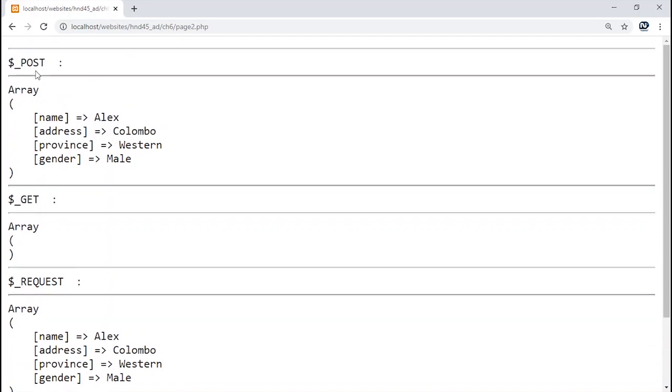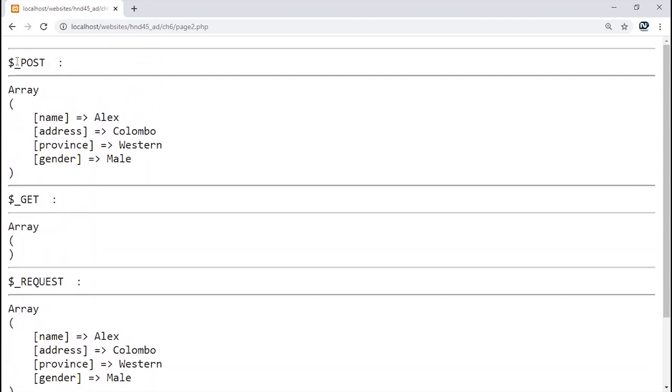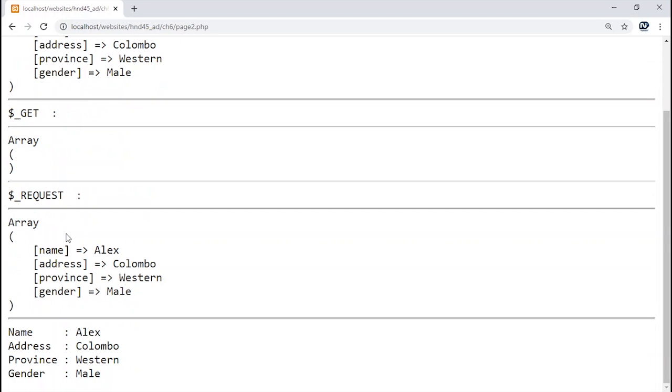Whatever information you have in the post array is the same information you have in the request array as well. A special thing about the request associative array is that whether the information is stored in the post associative array, the get associative array or the cookies associative array, cookies I will do in a different lesson, all this information can be directly accessed by the request associative array.